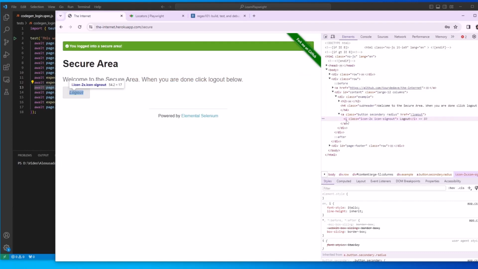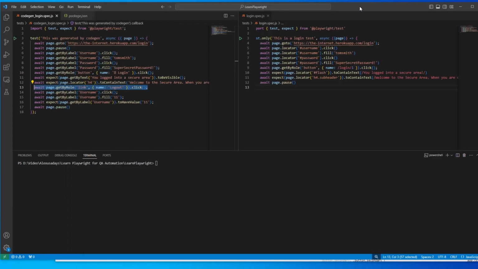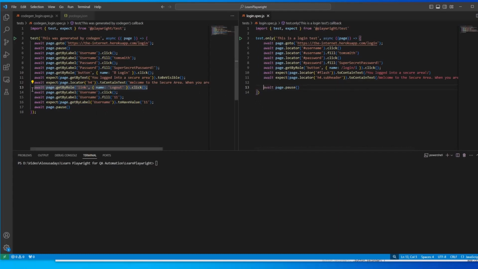So it has tag A and very different class names. One class name that I can use is button, or I can use sign out and then log out text, or a link. So there's a lot of different things I can use here. Creating something through a locator that has text would be a little bit more complex than just doing what is on line 13. But I can say, again, await